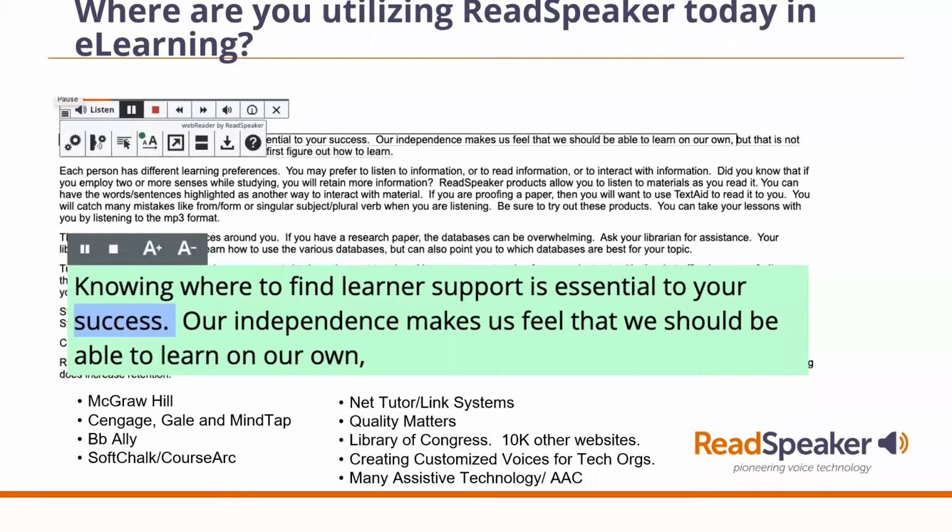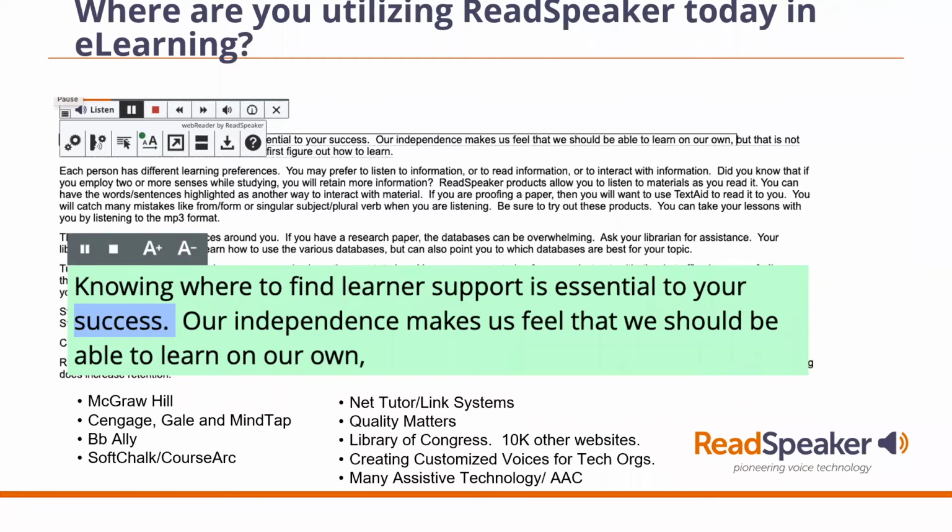One of my favorite clients is Link Systems International, and they're utilizing us in some of their content and in their product, NetTutor. Another one that we know a lot of people are using for professional development, mainly as people are trying to get their courses better online, is our partner Quality Matters and how they utilize us in their Moodle instance.